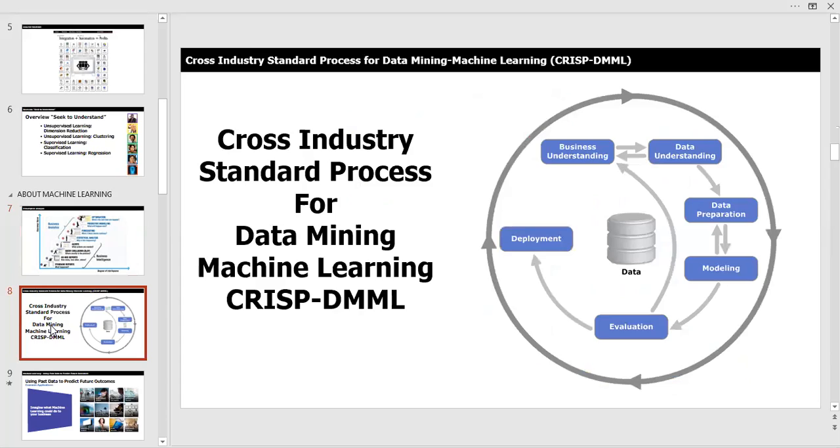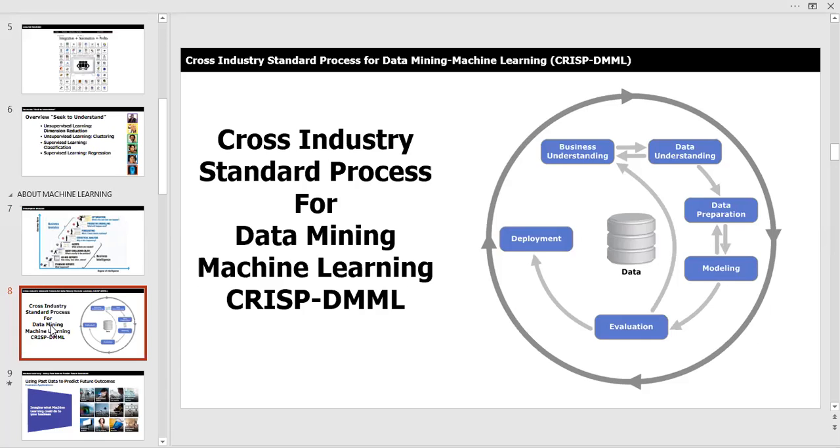In the 1990s, a lot of large institutions who were grappling with data warehousing and the internet and the sheer growth of data as it was starting to really take off, got together and built kind of an informal cross-industry standard process for data mining, which is the fundamental structure that you need for machine learning. So if you're not set up for data mining, machine learning is not going to happen at your shop. So you have to go through this journey.